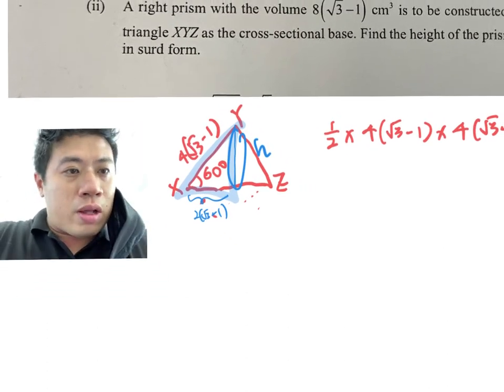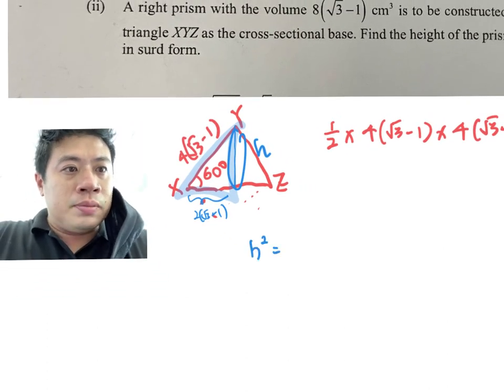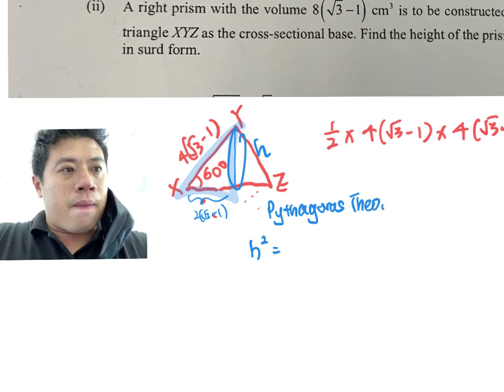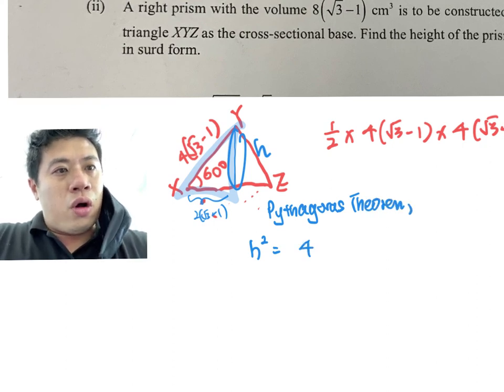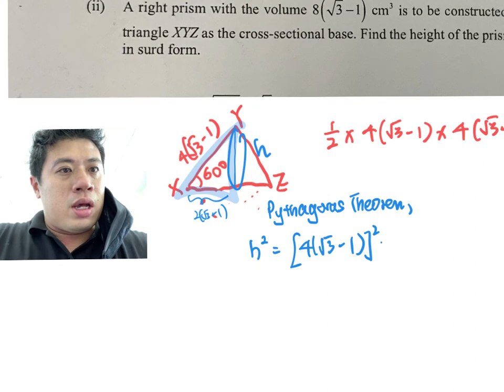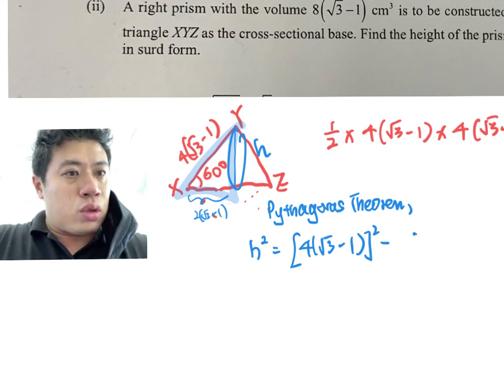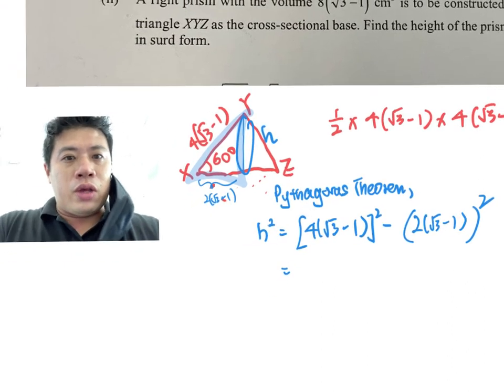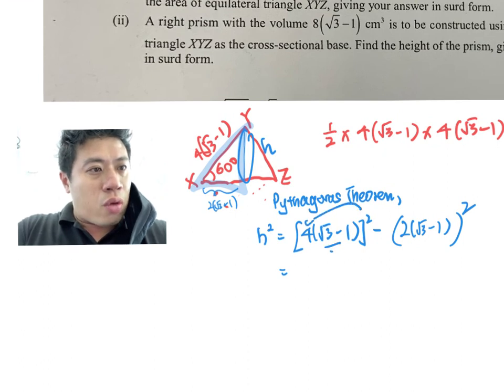Using the Pythagoras theorem, h square is equal to 4 square root 3 minus 1 square, the whole thing square, minus the adjacent, which is 2 square root 3 minus 1 square. Now this is a bit tricky, so the trick here is you don't expand. Using indices, 4 square root 3 minus 1 square will give you 16